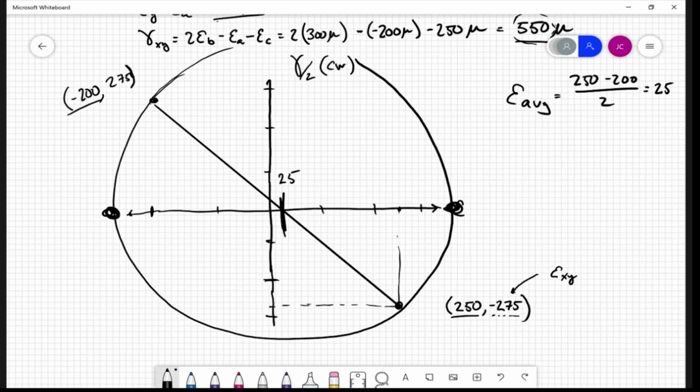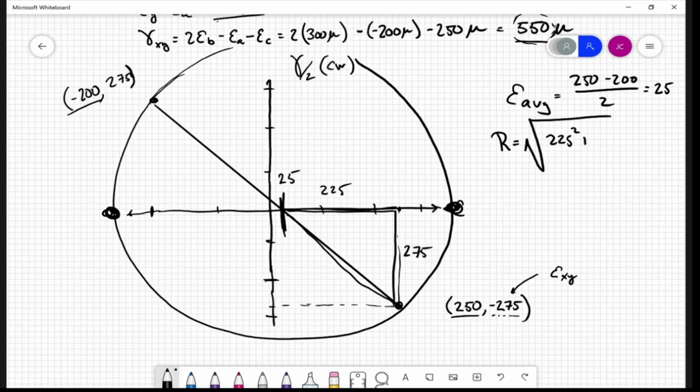So the radius here, you want to get it off of this triangle. This distance here is 275. This distance here is the 250 minus 25, so this distance is 225. So the radius of the circle is going to be the square root of 225 plus 275, each squared. And that gives me a radius of